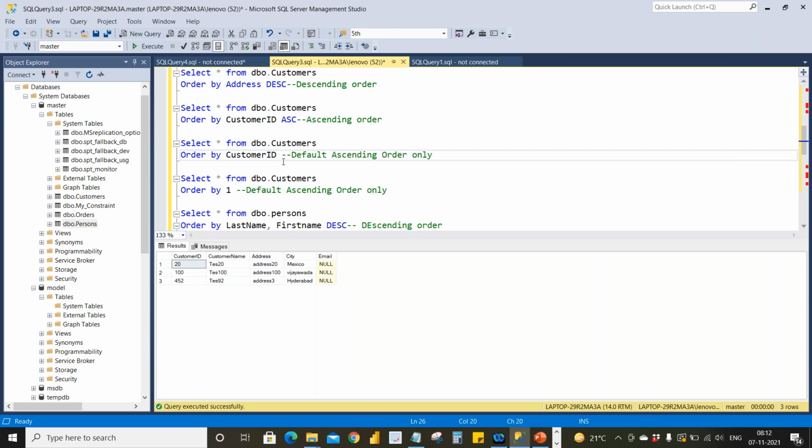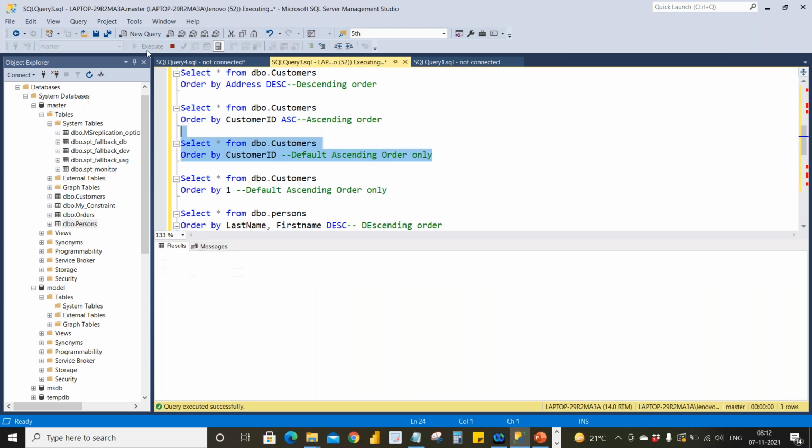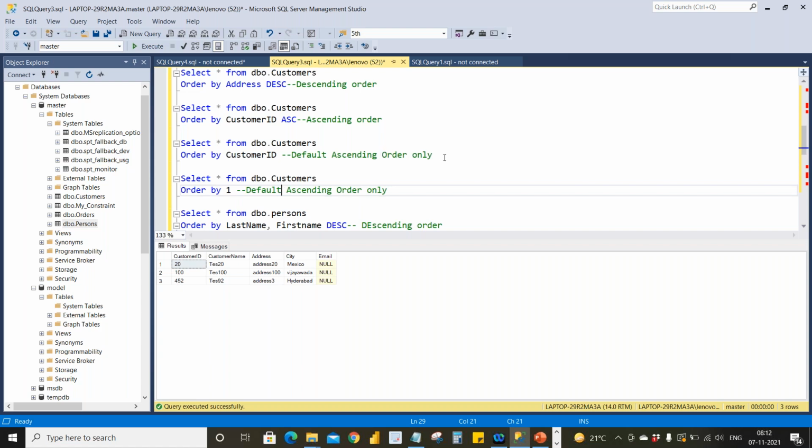If you don't give ascending or descending, it will take ascending by default. So I'm not giving anything here, but I'll get 20, 100, 452. If you want to sort with any other column also, we can do that.